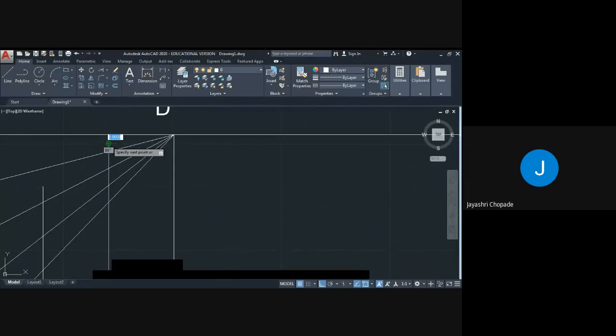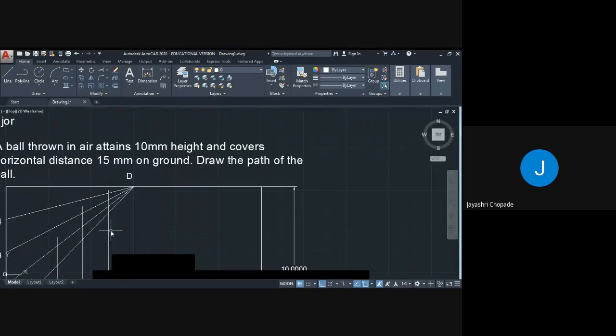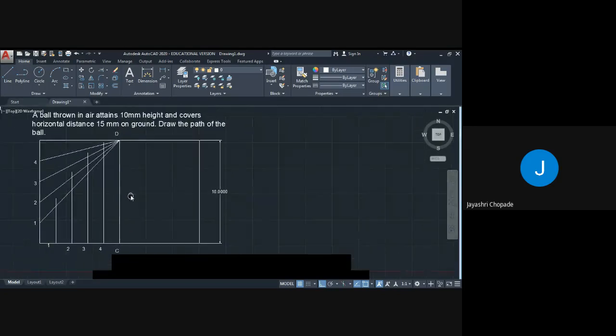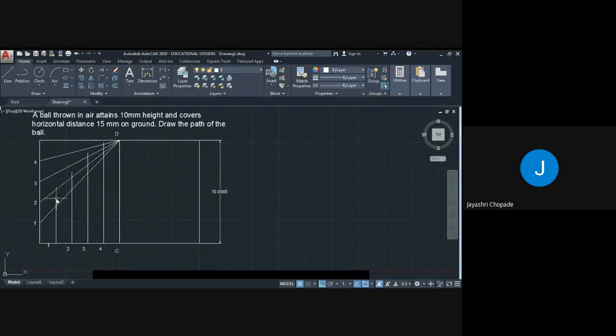Then delete extra lines. For that we can use erase command and erase all the lines. Here we want to draw the ellipse, but there are some extra lines, so we will trim them. For that, use trim command. Here I want to trim this line from this 1D line. So 1D will be the boundary.